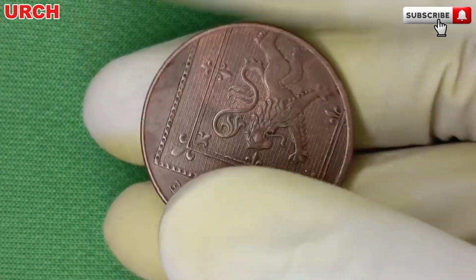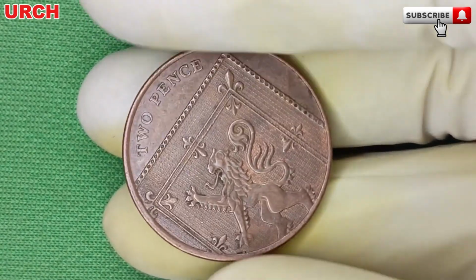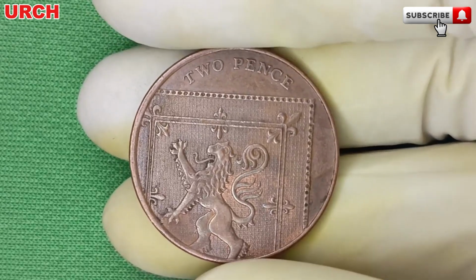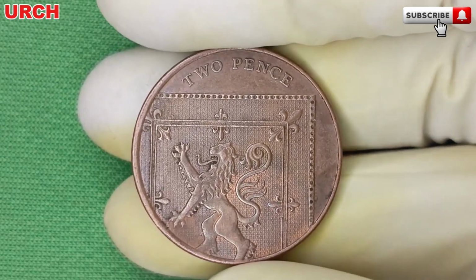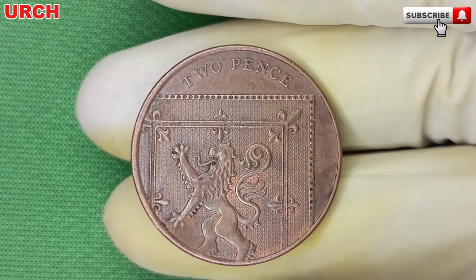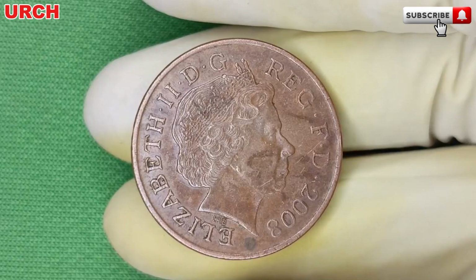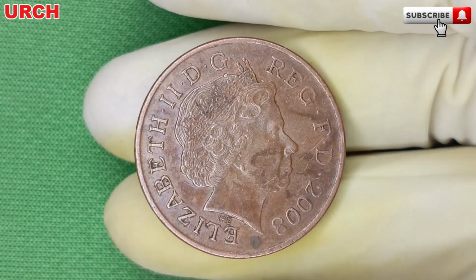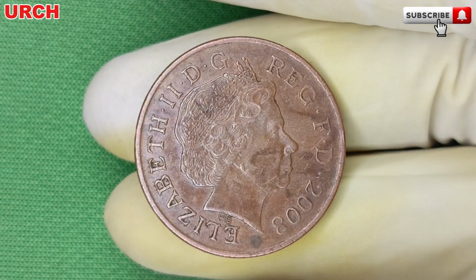Numismatists use a grading scale to assess the quality of coins, ranging from poor to mint state. Most examples of the 2008 2-pence mule that have surfaced are in circulated condition, meaning they've been used in everyday transactions. But on rare occasions, uncirculated or near-mint examples have emerged, sending shockwaves through the collector community. When such a coin is authenticated and graded by professional bodies like PCGS or NGC, it becomes a prime target